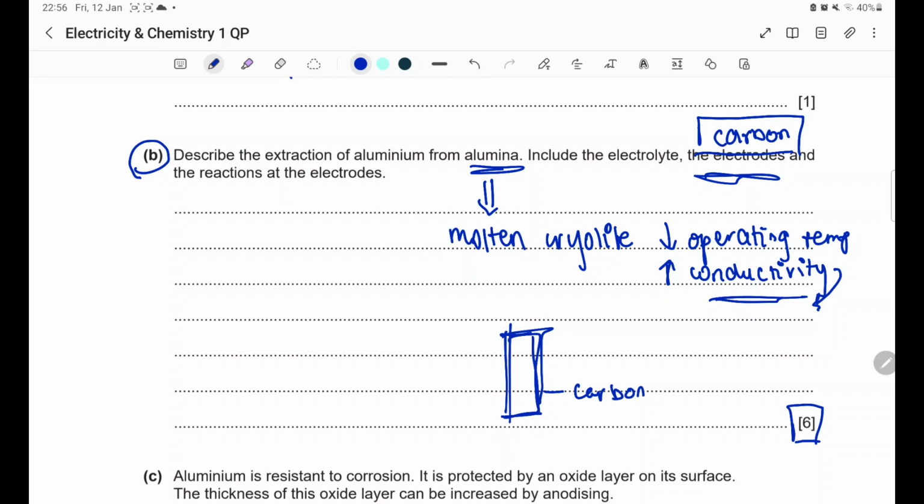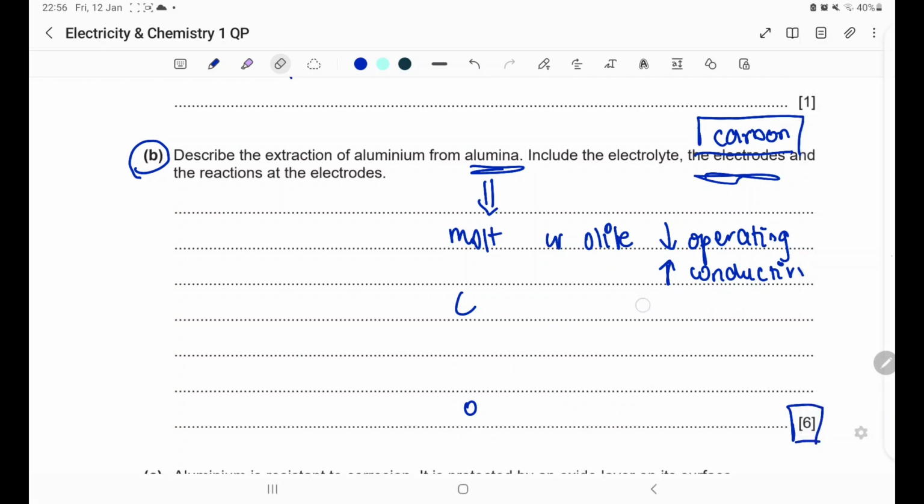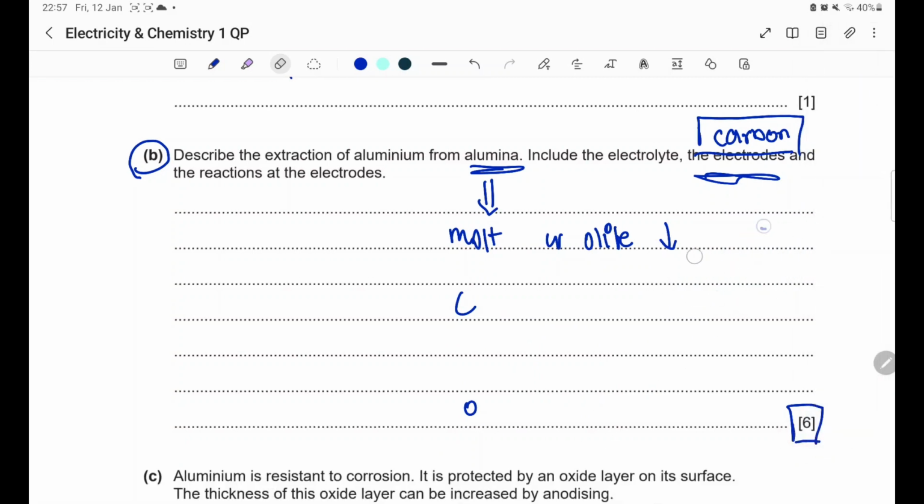And what's happening here is that oxygen is forming, right? And so the carbon anode is burning in the presence of oxygen, and this releases carbon dioxide. So basically, this is why you're going to have to replace the anode periodically, because it's getting burned in the presence of oxygen. It's decreasing its mass. It's getting burned because of oxygen and releasing carbon dioxide. So this is one important point that you need to remember for